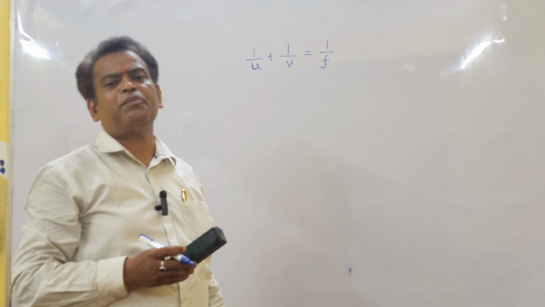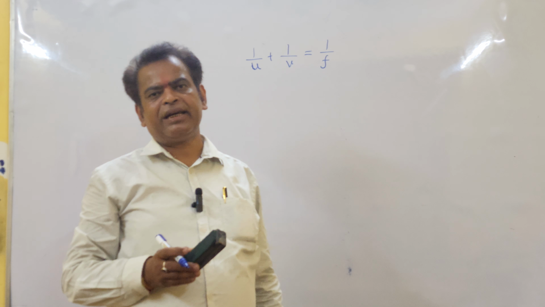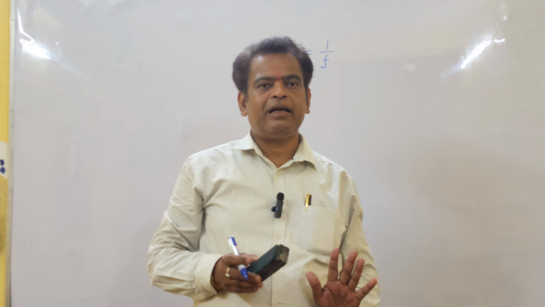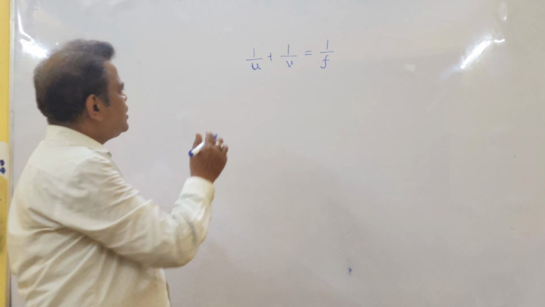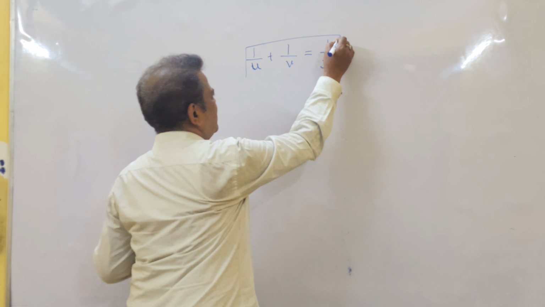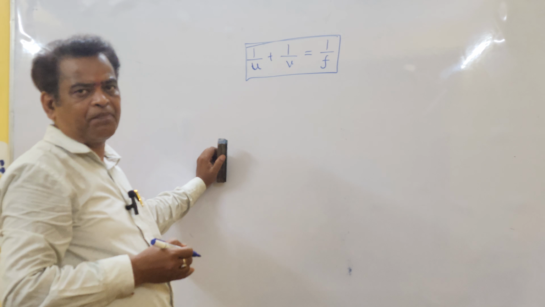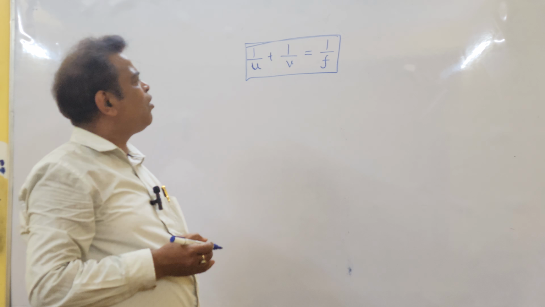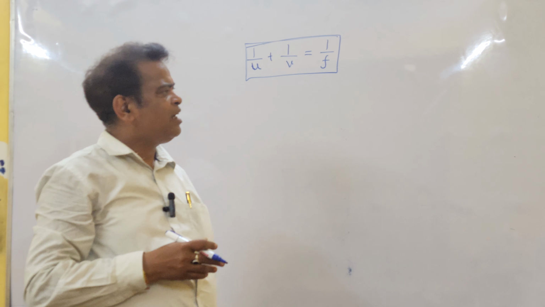Then you have to apply this formula, that is your mirror formula, 1 by u plus 1 by v equals 1 by f. So this is totally the expression of your mirror formula. And now this mirror formula can be derived by using spherical mirrors. But before taking the discussion about the derivation of your mirror formula, we have a number of